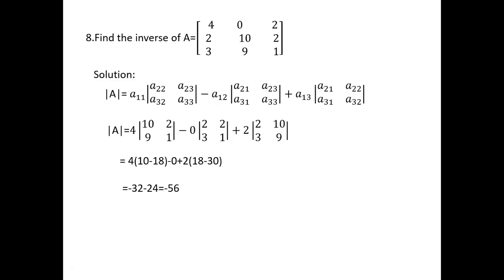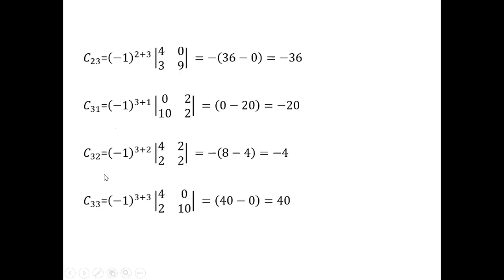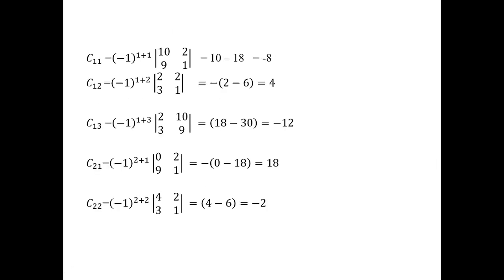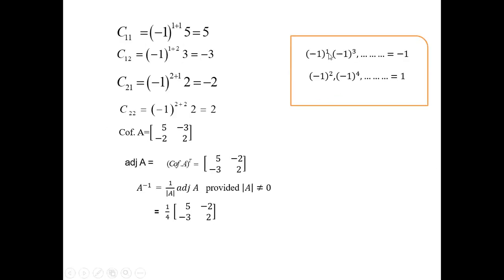Then how to find the inverse of a 3 by 3 matrix? Same procedure. First we find the determinant of A. Here the determinant value is minus 56, which is not equal to 0. Therefore A inverse exists. Then by using the formula of cofactors C11, C12, C13, C21, C22, C23, C31, C32, C33, as we already told for 3 by 3 matrices, to find the cofactor the signs are alternating. First plus, minus, which depends on (-1) power i plus j. We put first i equal to 1, j equal to 1, (-1) squared, i equal to 2, j equal